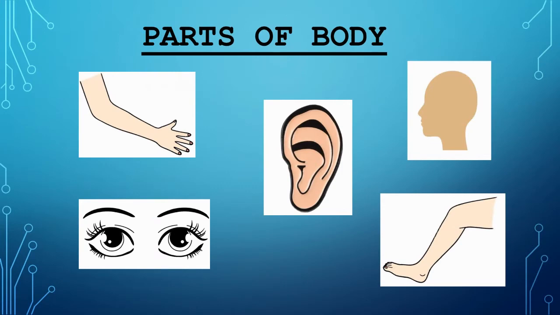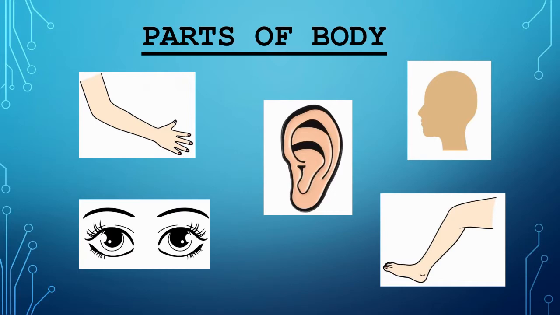From the given slide, what did you see? Yes, these all are the parts of our body. Our human body consists of different parts such as head, hands, legs, brain, etc. These all parts are connected to our body and they all are doing their work. Because of that, we can walk, we can talk, we can sleep, and do many works properly.